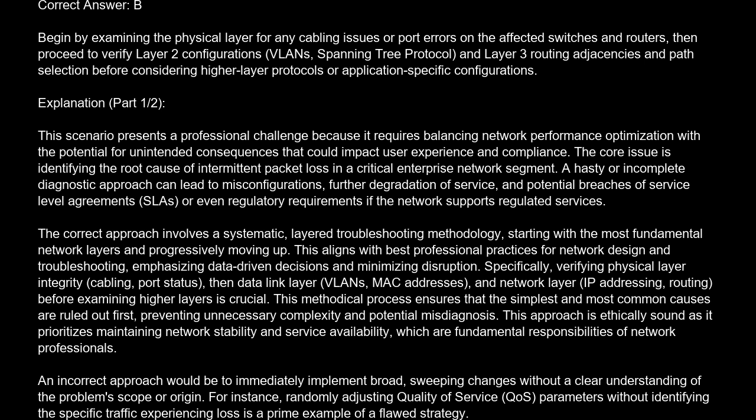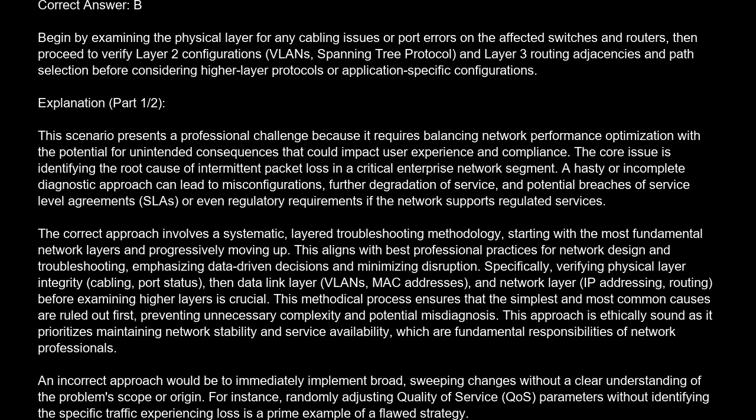Specifically, verifying physical layer integrity, cabling, port status, then data link layer VLAN, MAC addresses, and network layer IP addressing and routing before examining higher layers is crucial. This methodical process ensures that the simplest and most common causes are ruled out first, preventing unnecessary complexity and potential misdiagnosis. This approach is ethically sound as it prioritizes maintaining network stability and service availability, which are fundamental responsibilities of